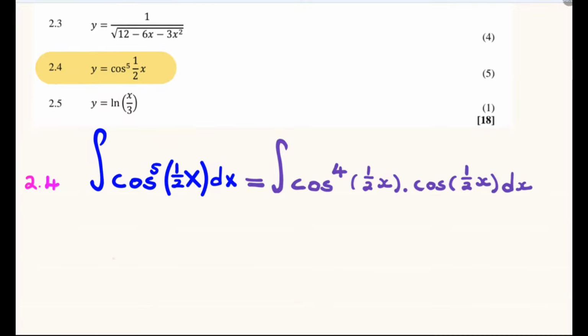We further rearrange our integral and break down the cos to the power 4 as